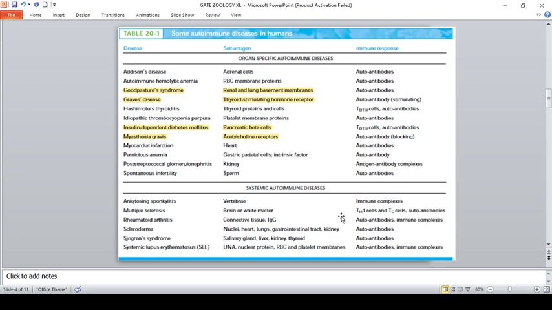I hope I have placed a video regarding autoimmunity in my GATE series of videos. I have taken this tabular column from a Kuby immunology book, where you can find all those kinds of questions. That's the reason why you need to follow a textbook and standard books for preparation. So here they ask: systemic lupus erythematosus self-antigen is the DNA, nuclear protein, RBC, platelet membrane. Rheumatoid arthritis, connective tissue. Multiple sclerosis, brain or white matter. Myasthenia gravis is the acetylcholine receptor. You need to study at least this kind of tabular column. It will be helpful to clear the GATE 2022 exam or your DBT BRF examination.